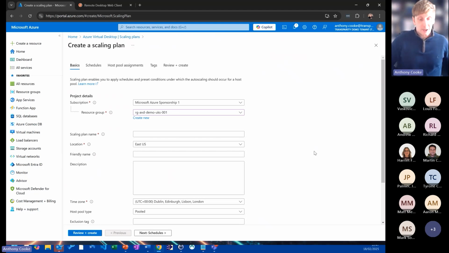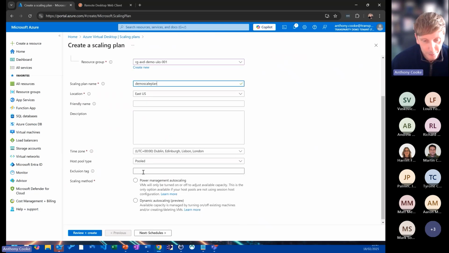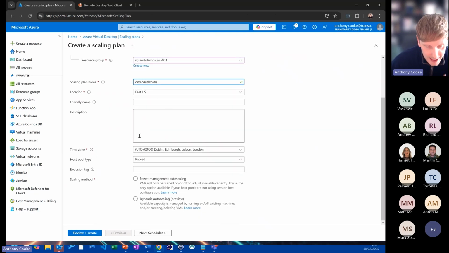So you may decide that at 8 a.m., 2 of them switch on. And then as users start to come in the office, as they start to fill up, start to activate the other ones. And as it gets quieter towards the end of the day, start to deactivate them as people leave the session host. And you can do that using a scaling plan. If I skip from this original screen where you essentially give it a name, just to show you how this works,